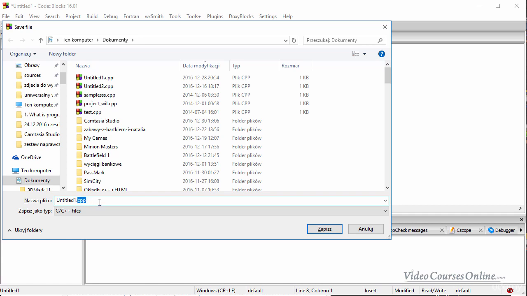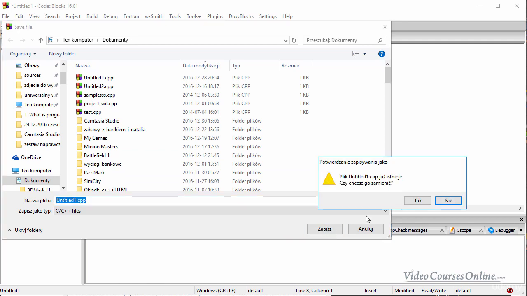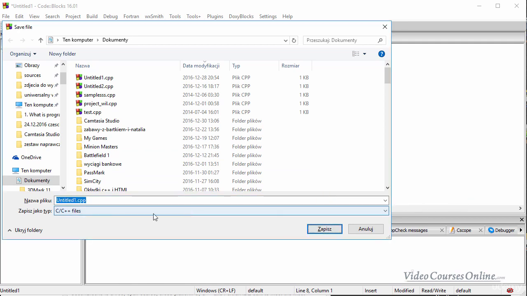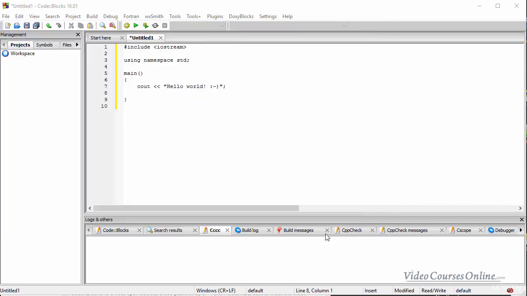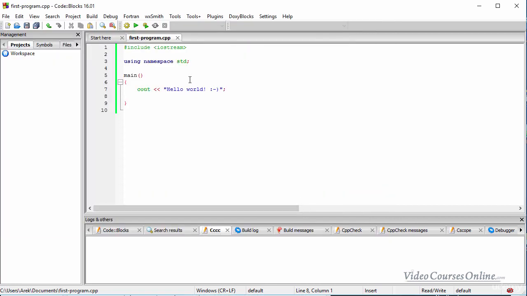And when you type the C++ here, you are making sure you will compile this program as a C++ program, okay? Let's save. Zapisz means save. Well, we could call it a bit better, not untitled, like, first program. Let's save it. And as you can see, now we have our code colorized and we can run it,